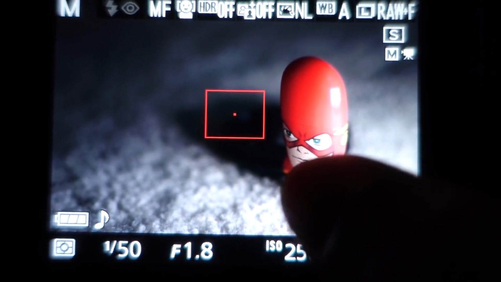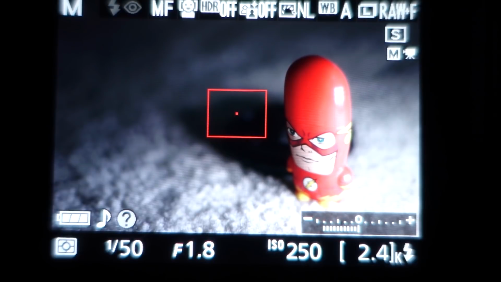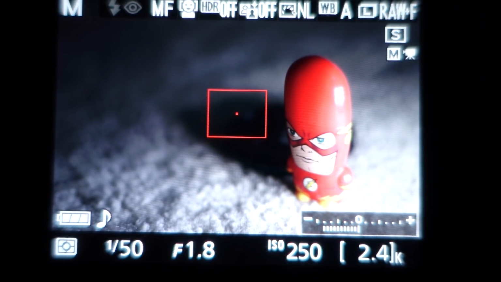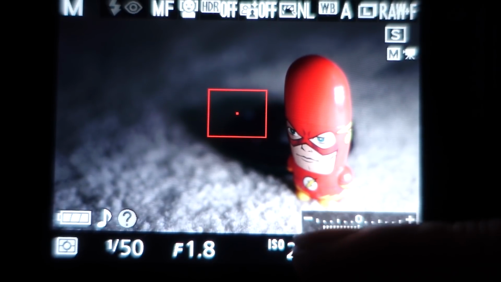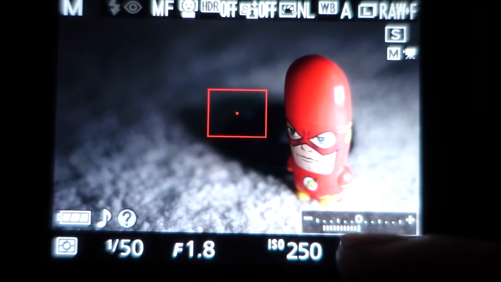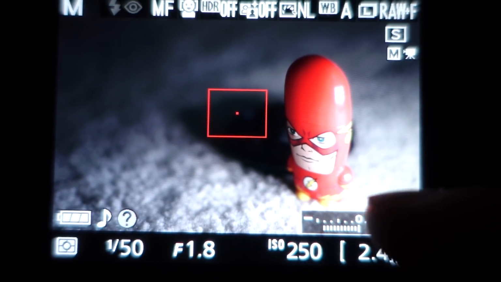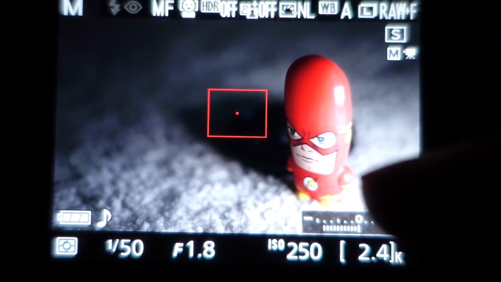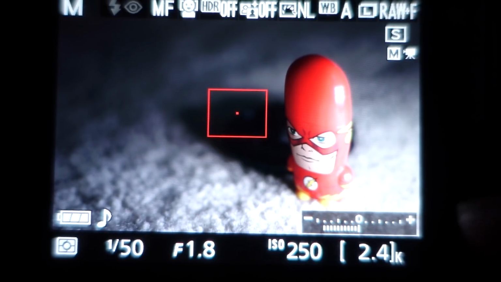And if you ever wondered what is that on your camera, some cameras might tell you plus or minus 1. It essentially is the meter, so wherever your focus is. As you can see right now, the negative means that the image or point of focus is underexposed, and if it's at the plus, that means it's overexposed. Depending on where that little line is, if it's all the way down, chances are you're 3 stops or more underexposed, and if it's all the way up, chances are you're 3 stops or higher